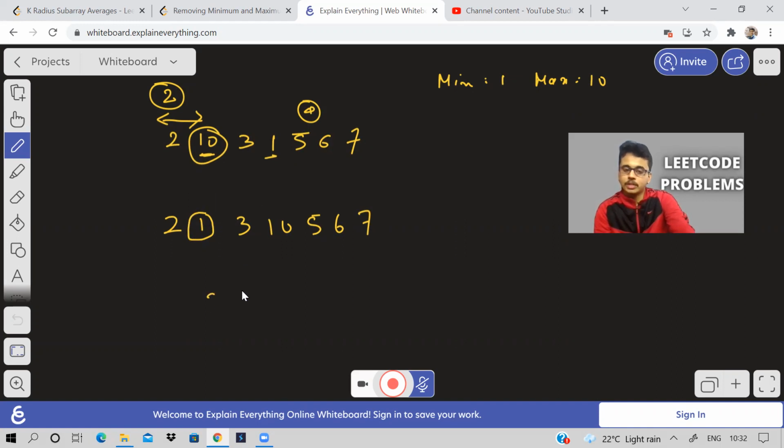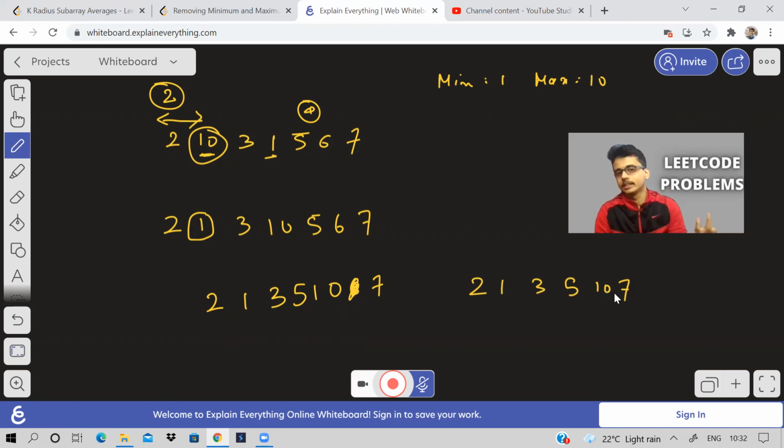Because now suppose I give another array. Okay, so suppose my new array is this. Let's take another example. Now which one to delete? Now both of them are the same.